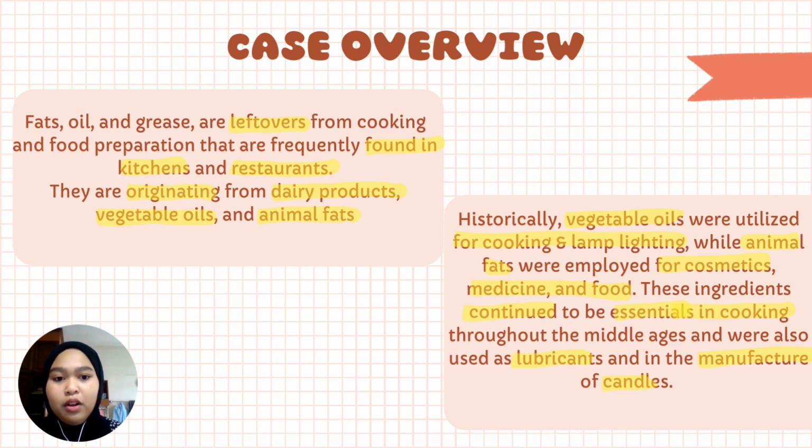Historically, vegetable oils were utilized for cooking and lamp lighting, while animal fats were employed for cosmetics, medicine, and food. These ingredients then continued to be essential in cooking throughout the Middle Ages and were also used as the